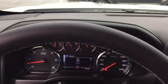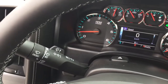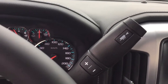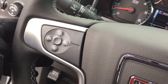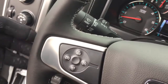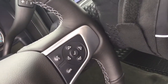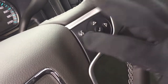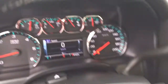Nice leather-wrapped steering wheel, and behind that steering wheel you're going to find your headlights, intermittent wipers, and turn signals. Right-hand side has the trailering mode on the gear shifter. Back to the left over here on the steering wheel, you've got your cruise control, and where my fingers are, there's some toggles right there to save and scroll through some favorite radio stations. And you have a volume switch over here on the right-hand side, so you can keep your hands on the wheel at all times. Hands-free calling operation, and we also have these menus here to scroll through your driver information